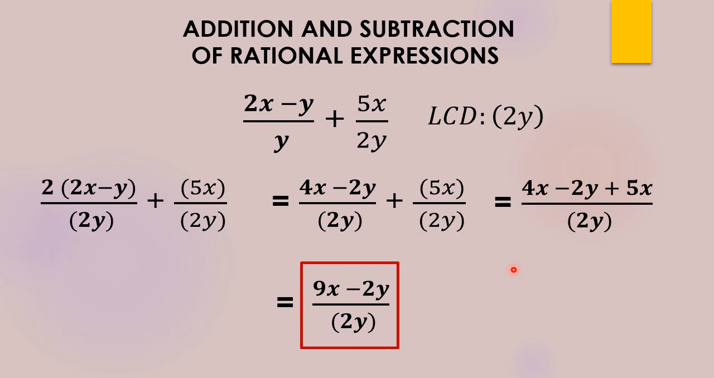So this expression is already in its simplest form because 9x minus 2y over 2y is written in lowest term. So this cannot be reduced any further. So our final answer is 9x minus 2y over 2y. Next,